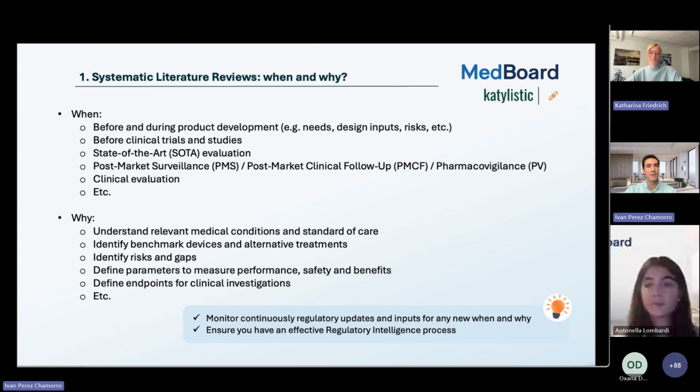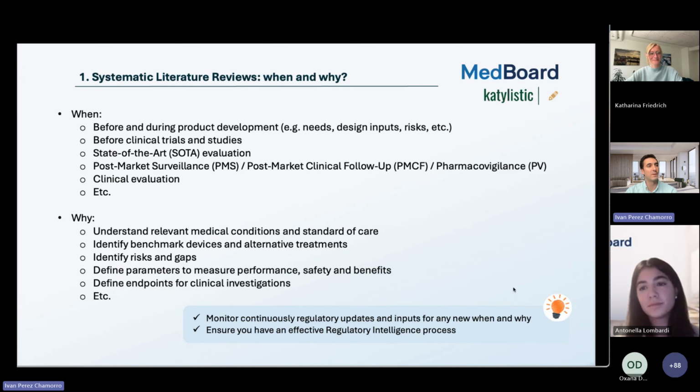So one of the key things as well is to ensure you have an effective regulatory intelligence process, especially aligned with the goals that you are going to perform within your task. So if your processes are for CER or, for example, PMCF, PMS, obviously keep up to date with any information related to that, because the interpretation may change, and new regulations, new guidance, and new formats to present information may change as well. So that's very important. That's one of the key things that have changed. So thank you so much,